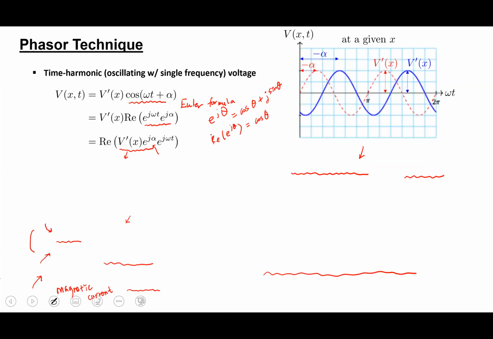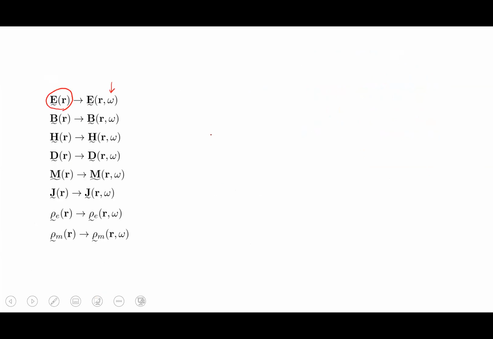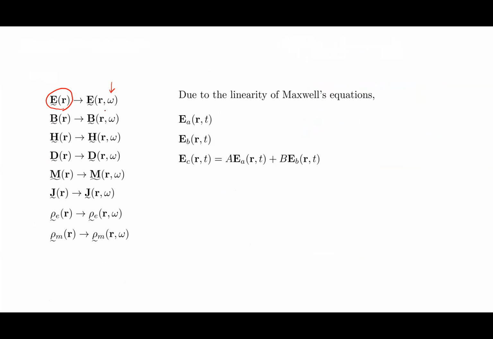Okay, so yes, all the phasors are actually functions of space and frequency. And then Maxwell's equations have a distinct property, which is linearity, meaning that let's say this is a solution of Maxwell's equations, E sub A. This is another solution of Maxwell's equations. Let's say this is E sub B,